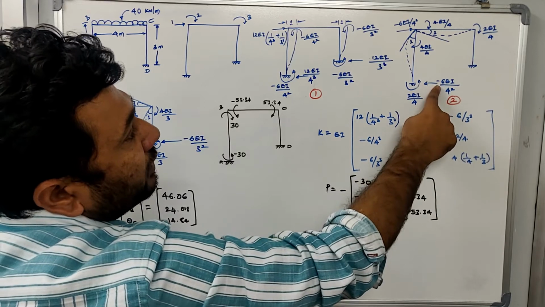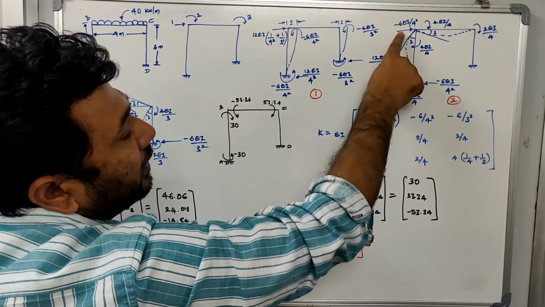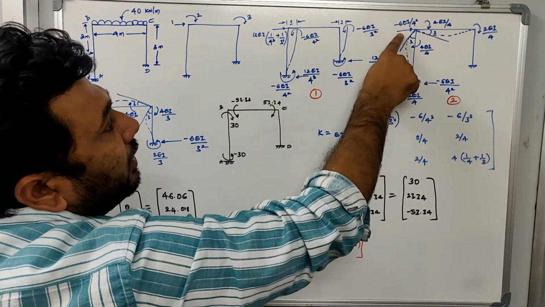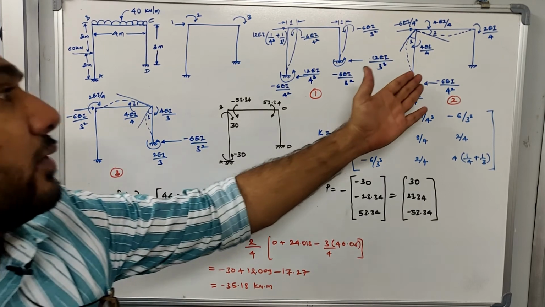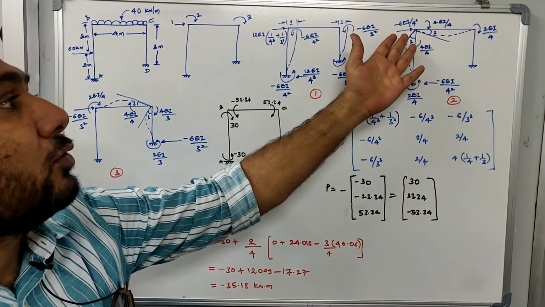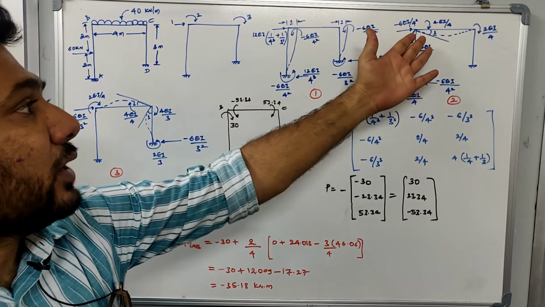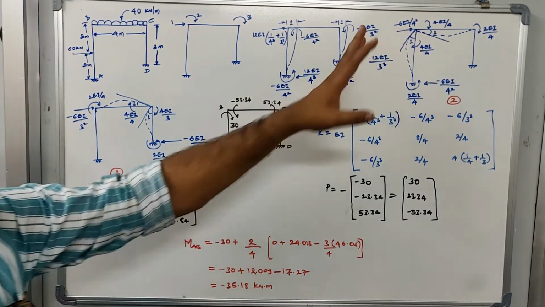So the force that is generated over here will be equal to minus 6EI divided by 4 square itself. Okay, like this we have calculated how much will be the forces and moments at our first coordinate, second coordinate and third coordinate when applied unit rotation at the second coordinate. Okay, now that is done.